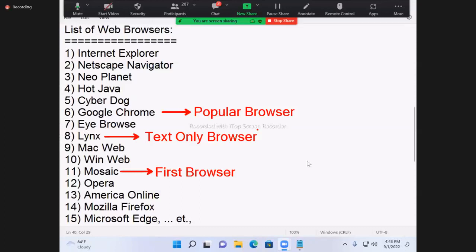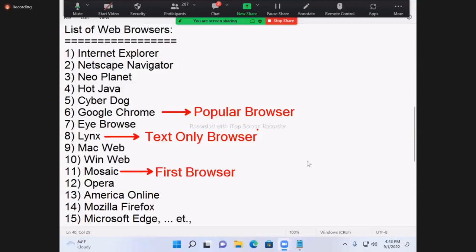That is Lynx. The pronunciation is like Linux, but Linux is an operating system. Lynx browser is a text only browser. So graphics, animation, audio, video, we cannot play in that browser. If that type of content is there in a web page, all will be skipped and only text displayed.